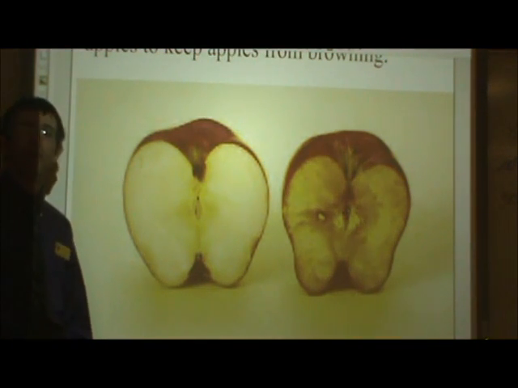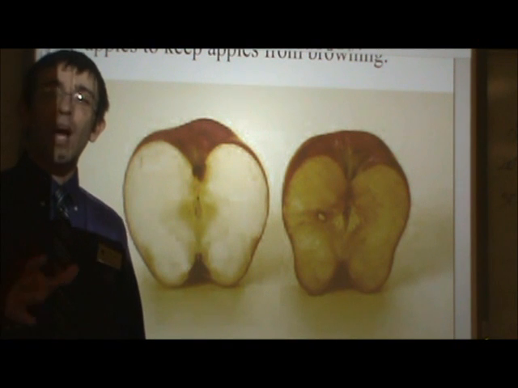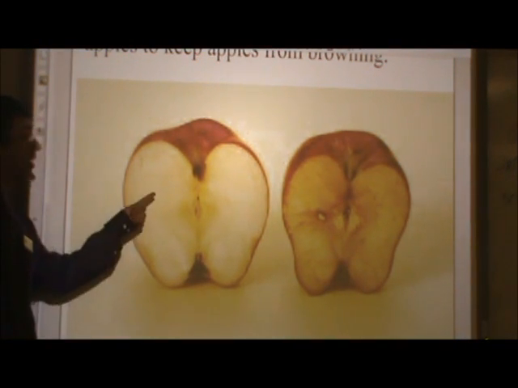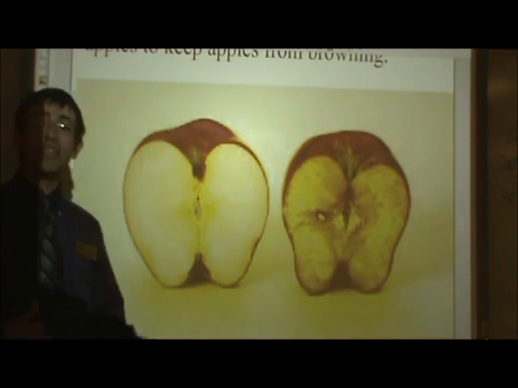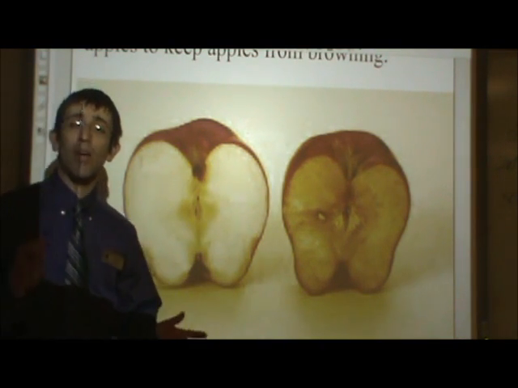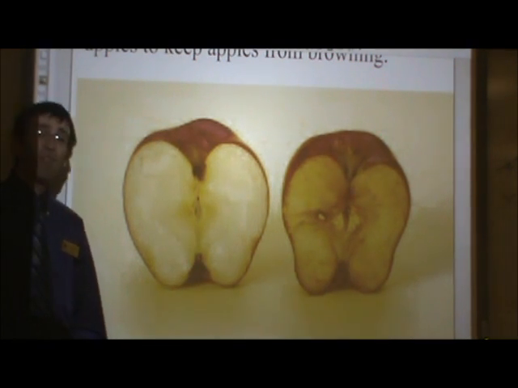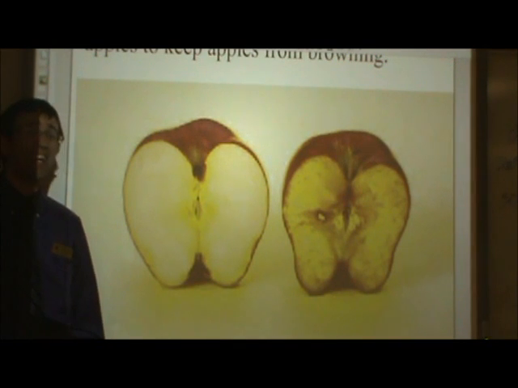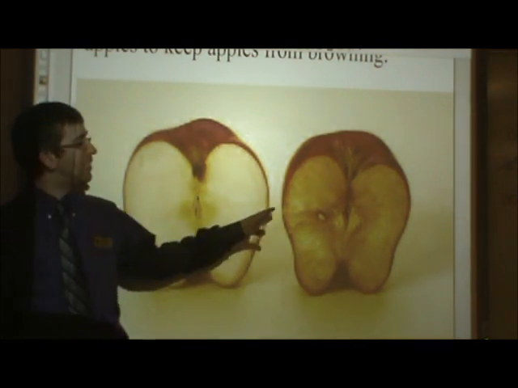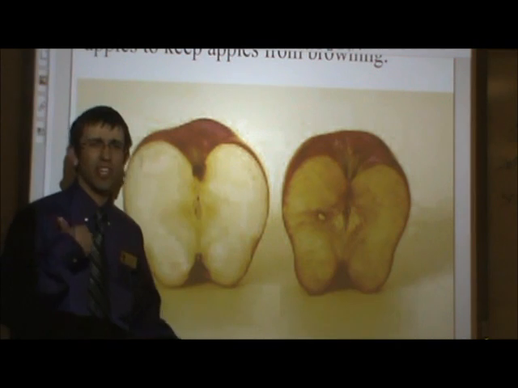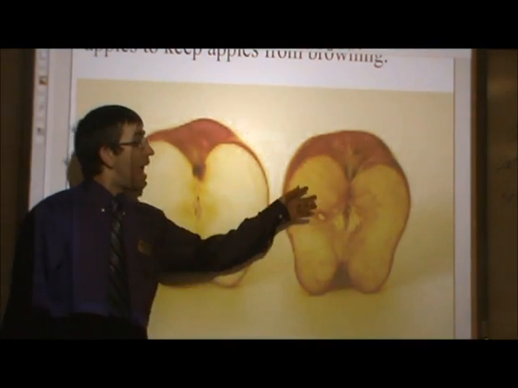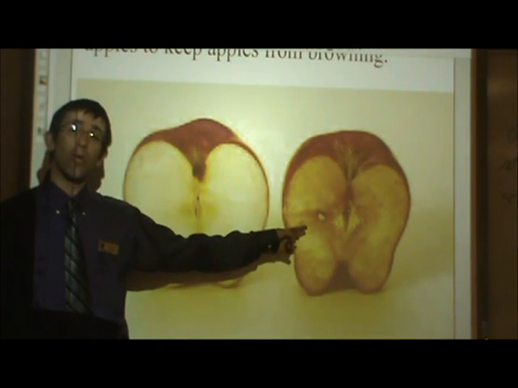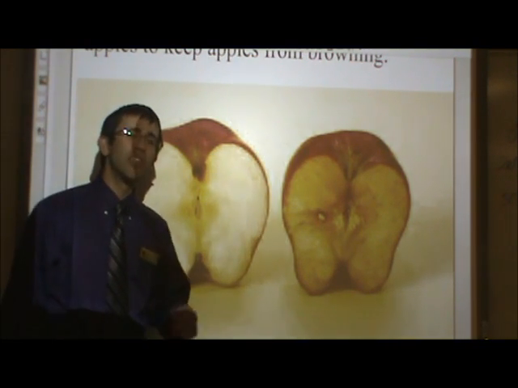If you've ever bitten into an apple before, they'll brown, but they take a while. Why? Because your apples are like this one. They add an inhibitor to it. And this inhibitor, what it will do is it will stop the browning of an apple. Now, taste-wise, that apple and that apple, they actually taste the same. What happens is I think it takes away some of the crunchiness. If you're like me, I like crunchy apples. And no one really looks at this and says, oh, that's appetizing, I want to eat this nasty brown apple. Taste-wise, they're really similar, but